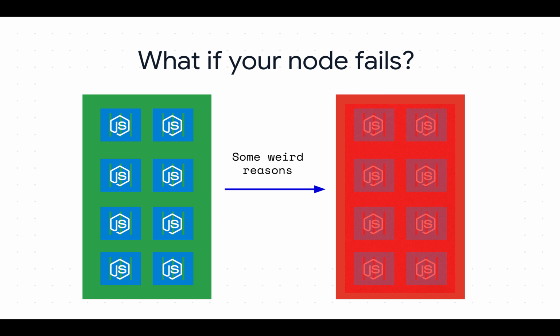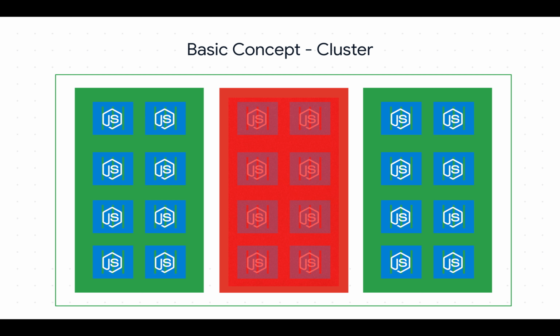So now let's worry about what if. So we're looking at the worst case scenario. What if a node fails? What if for some reasons, due to memory spike, due to CPU spike, a node crashes and you don't have access to that node? That leads us to what is called a cluster. In Kubernetes, you deal with a cluster of nodes in such a way that Kubernetes manages several nodes. For best practices, 3 nodes, in such a way that if one crashes for whatever reason, you still have 2 nodes serving the services running on Kubernetes.